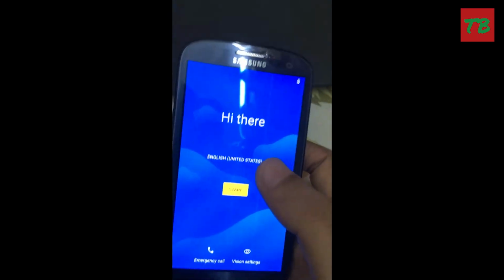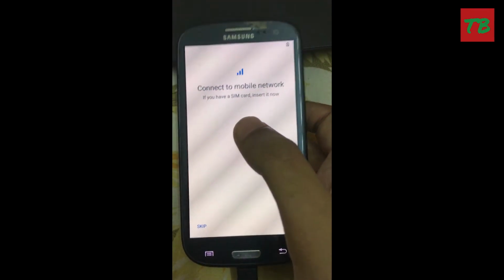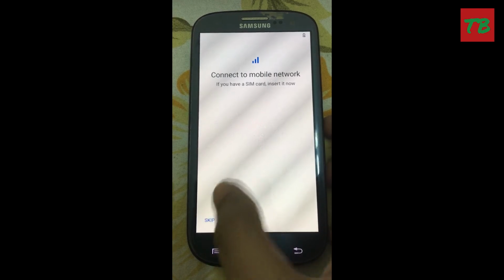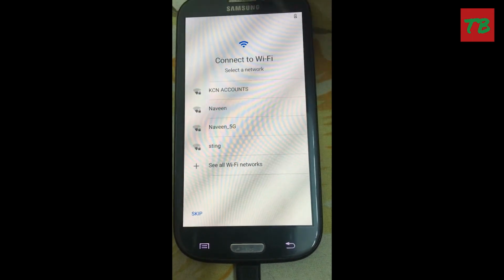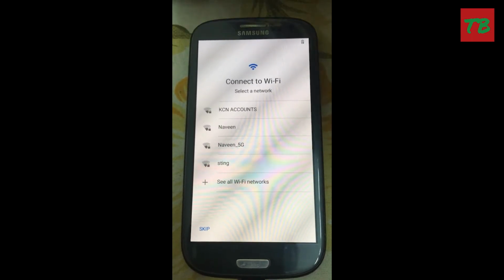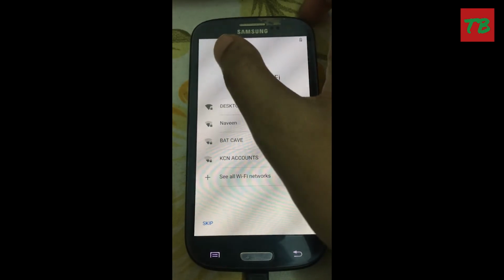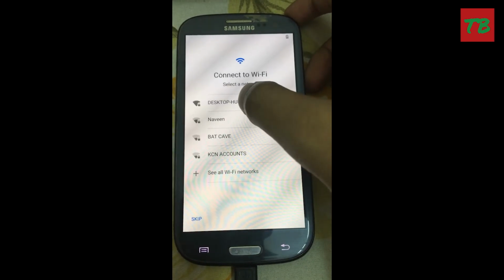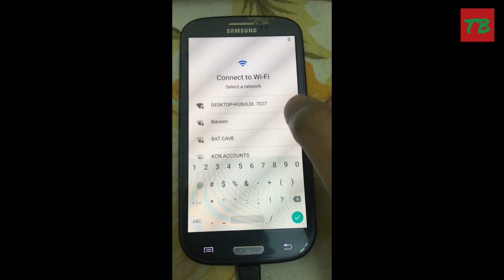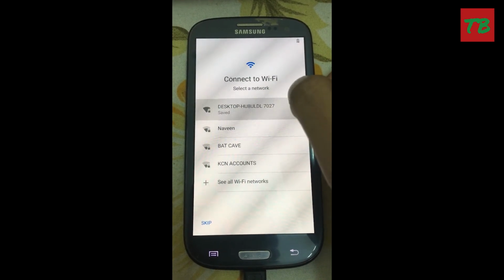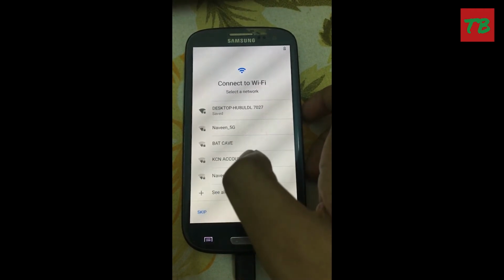So as you can see, this is how it is. So I'll start the setup, and yeah, the phone will be heated up. So I'll skip that. So I'll turn on Wi-Fi. So I turned on my hotspot since it won't connect to this Wi-Fi network. So let me just type the password. So I'll click on connect. Guys, for some reason it's not connecting to Wi-Fi. So I'll just click skip.